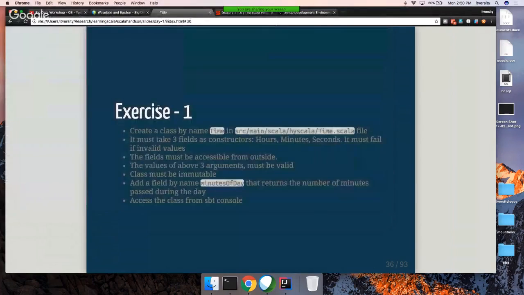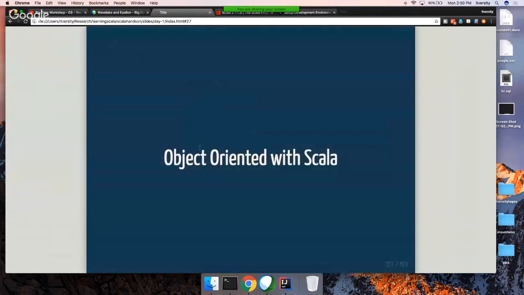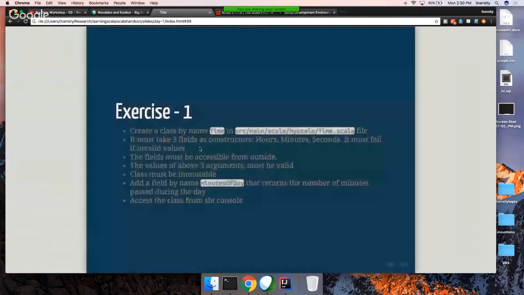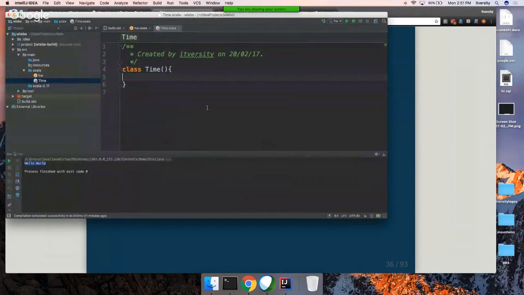So we need to mention it in the parentheses because the requirement is that the fields must be accessible from outside. If we define fields as part of the class body, then they will not be accessible from outside. So we cannot define it there. Instead, we need to define here. So we can say val,